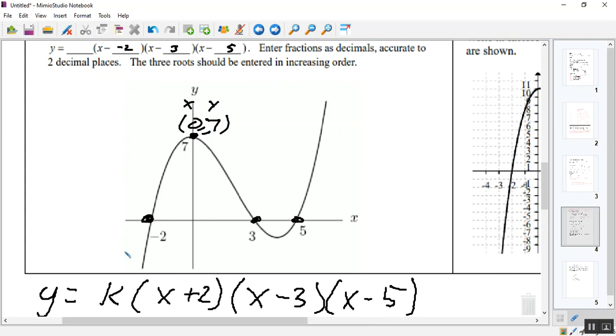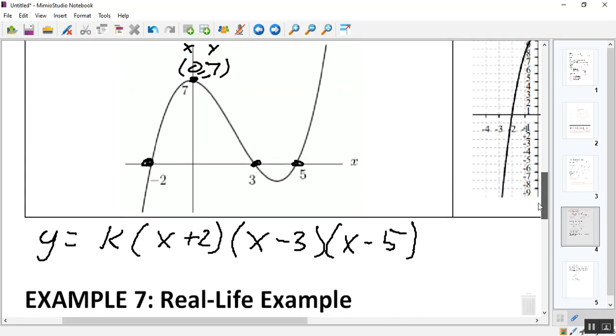So let's do that over here, okay? This is a point not on the x-axis, right, kids? Mm-hmm. So here we go. We're going to plug 7 in for y. That's going to equal k times, all right, what's going in for x given this point that we're using not on the x-axis? So what's 0 plus 2? I done messed up. Never mind. What's 0 minus 3? What is 0 minus 5? Oh snap, k is going to be equal to, oh,